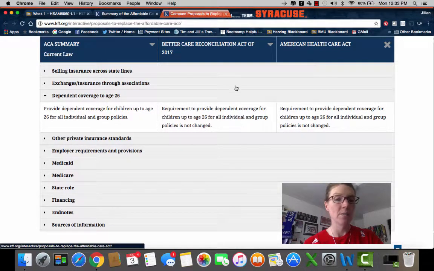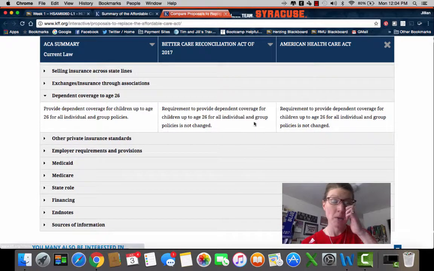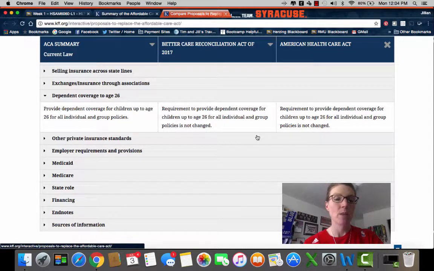In both replacement plans, the Senate plan, which is here in the middle, as well as the House plan that's already been passed, they both are not planning to change that dependent coverage up to age 26. So at this point, it appears that everybody involved is interested in keeping that coverage. And as you may have seen in the discussions themselves, there are states, I think it's 7 states, that actually cover beyond age 26. So this is something that seems to have pretty good support across many areas, and I don't necessarily see that changing.